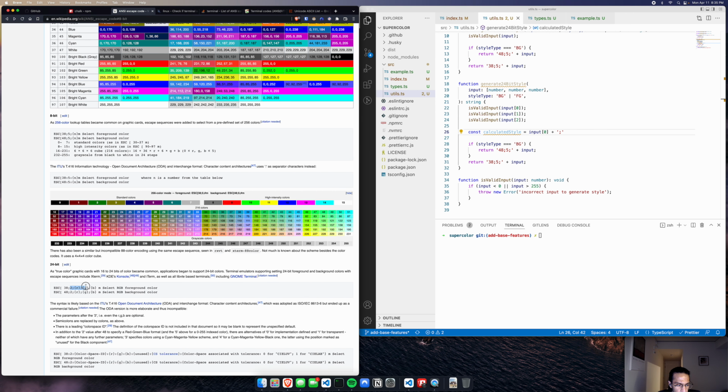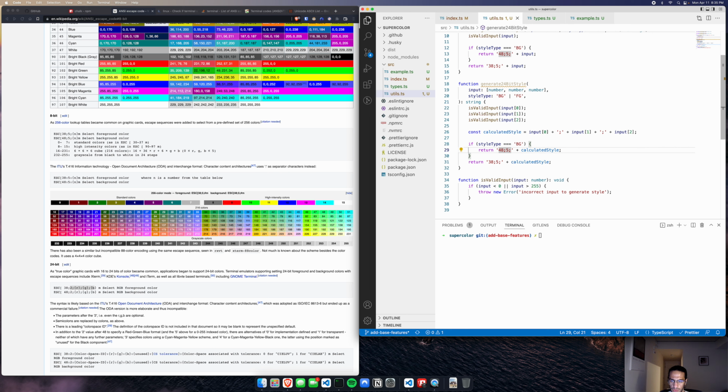So I'm basically trying to follow the pattern that we have here, right? So we have our R semicolon followed by a G, and then this will be followed by the B value, right? And then calculated style,